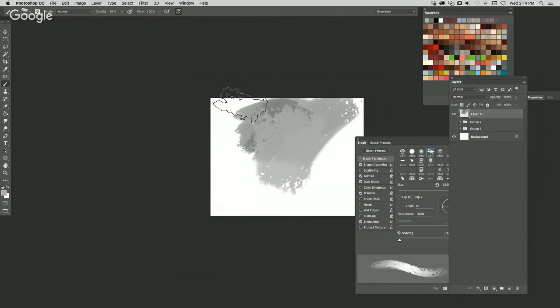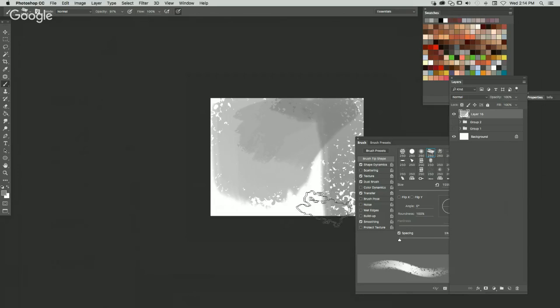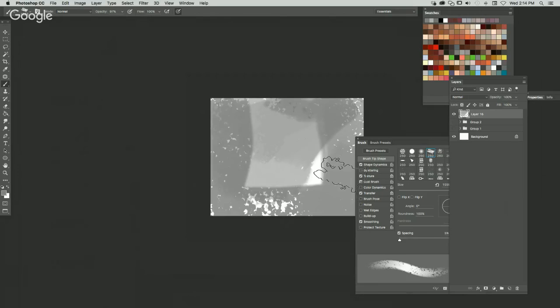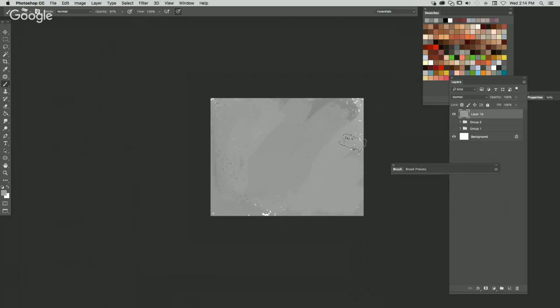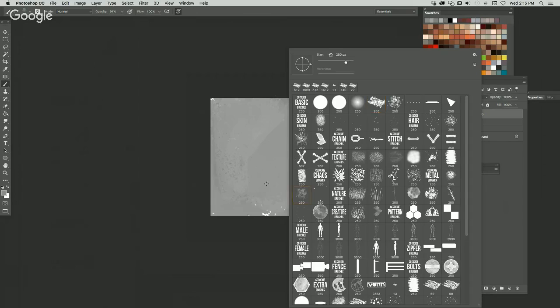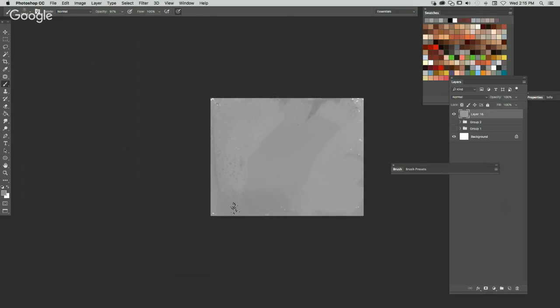Because since I'm specifically working in Grayscale and I want the values to be a focus of what I'm working on today, I want to work on a neutral base so that I can push the highlights where I want to push them and I can push the shadows without having to compensate on a white background. Because if a highlight was on, let's say, the rim of the image, we wouldn't necessarily be able to see it as well on a white background, but on a gray background, it would definitely be separated quite well.